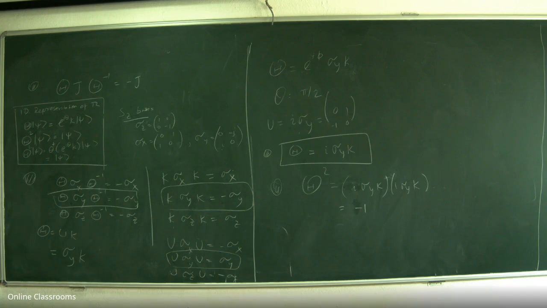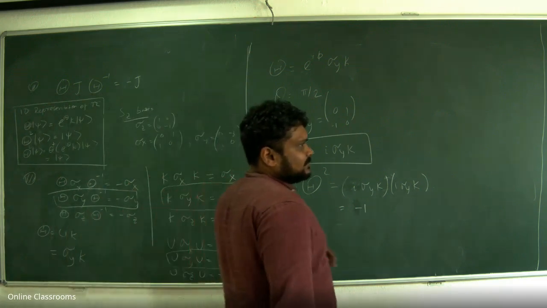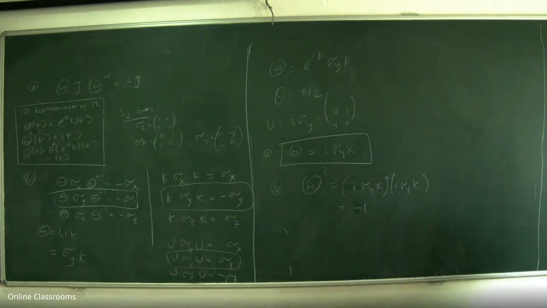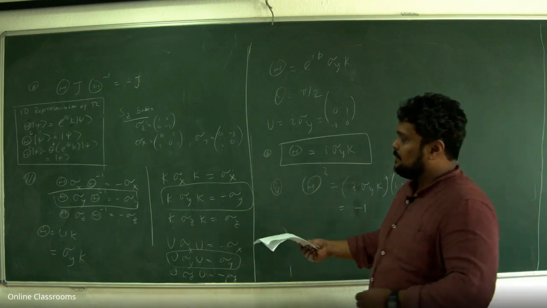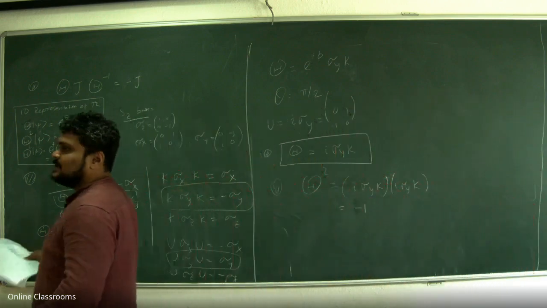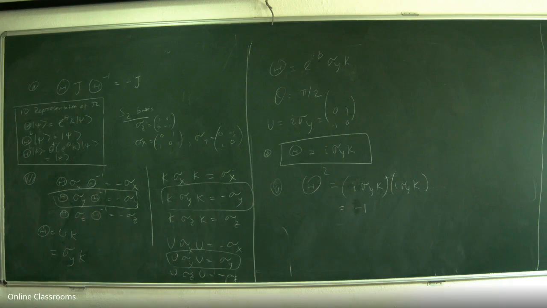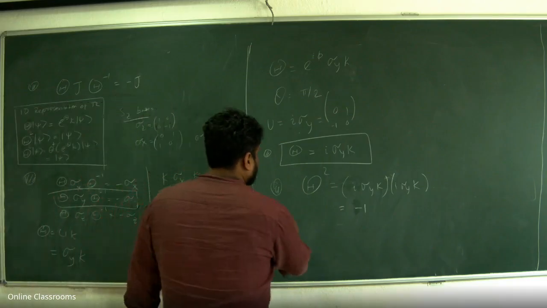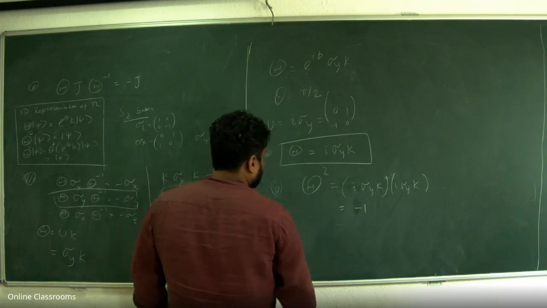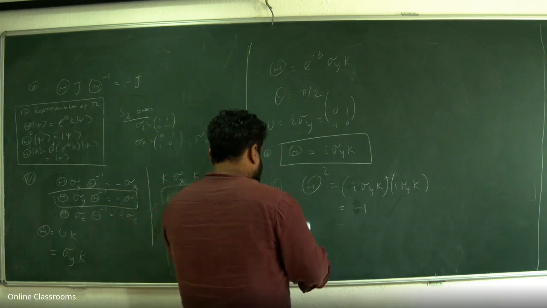By the way, you can be flexible about this. You can choose something else, but this is the simplest representation of the theta operator for a two-dimensional Hilbert space. Okay. So now this is a general statement, which I am not proving, but I want you to think about this. So theta square